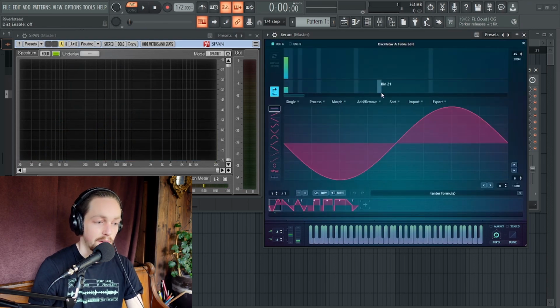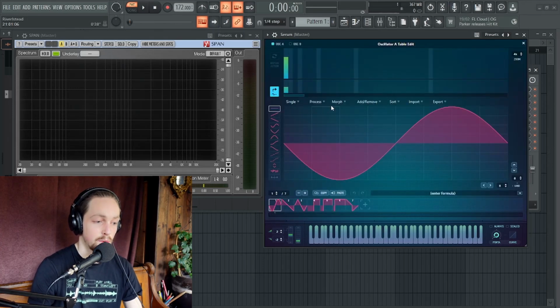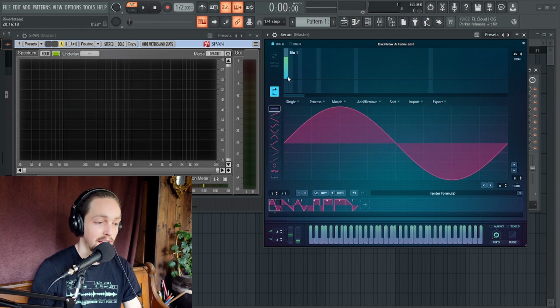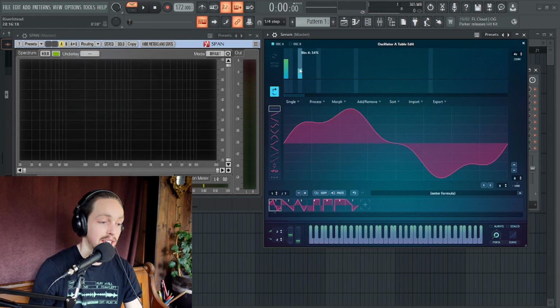The next way of generating harmonics is to go into the wavetable editor and draw in harmonics manually. The harmonic series multiplies the frequency each time it steps up one of these bins. If I add in a second harmonic and remove the first one, you can see that it's just a sine wave happening twice. Then if I add in the next one, it's happening 3 times, and so on and so forth. When you stack them together, you can see that it's adding in those extra overtones and changing the shape